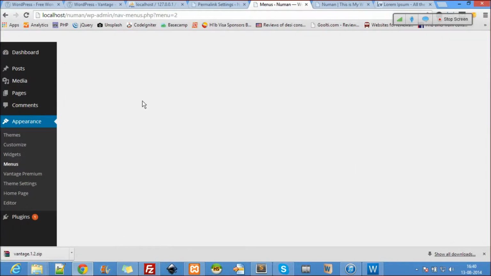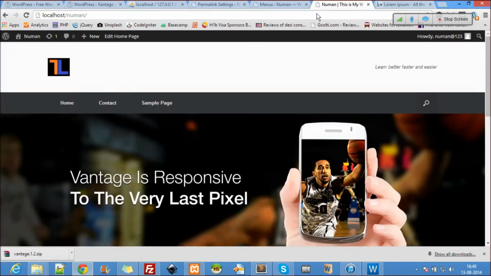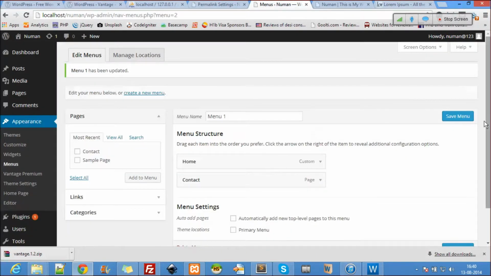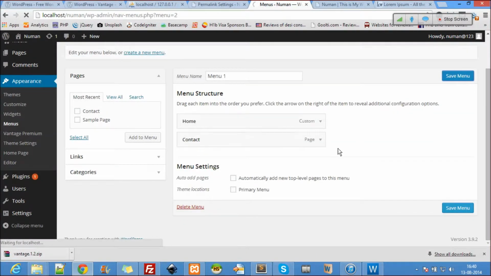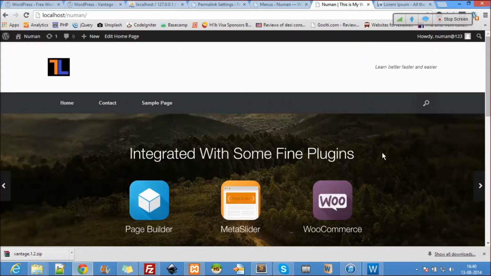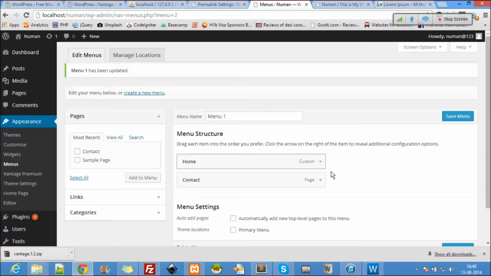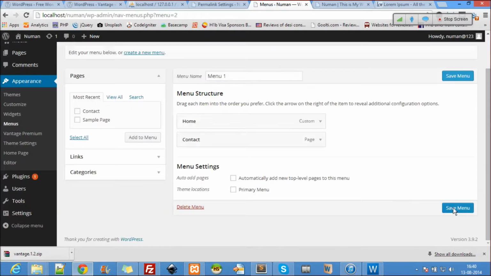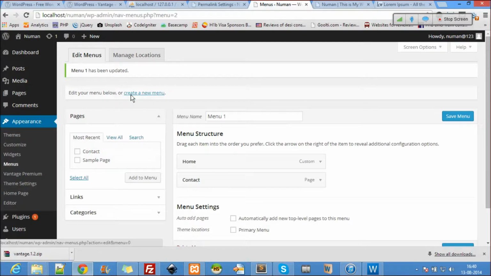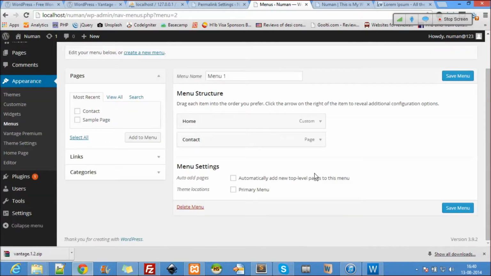Now let's go ahead here and refresh. Oops, what's happened here? So most probably save menu. Let me just hard refresh this. Oops. Delete menu, no. Save menu is good enough.